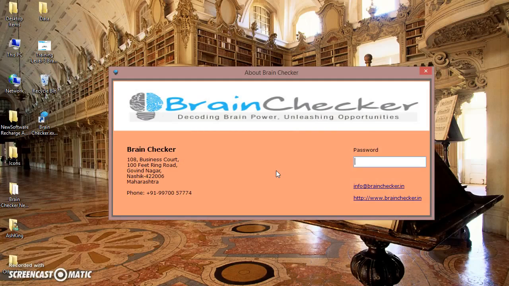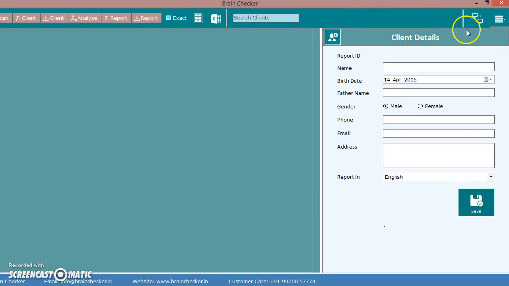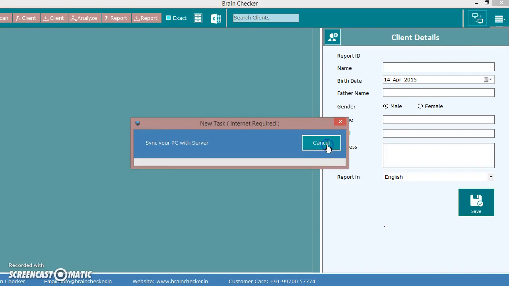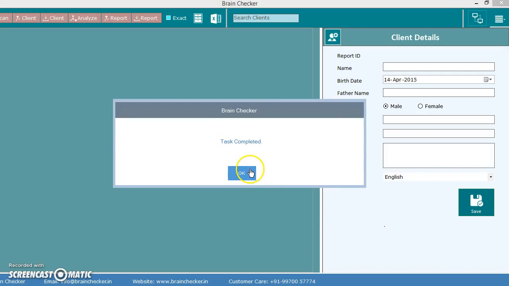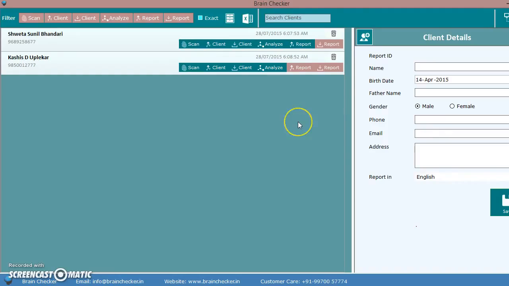Once you authenticate yourself, the second time onwards, this is where you will be starting from. So you put in your password, you get in, and after you log in, the first thing you would be doing is to synchronize the information with the server. After every single step, it's recommended that you synchronize the information with the server. This gives you the latest information that is available on the server for you.